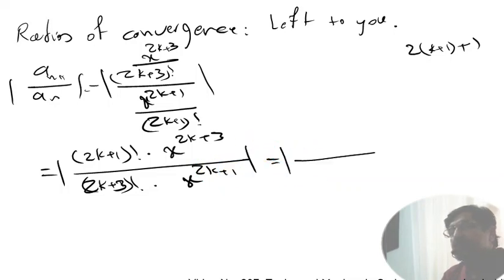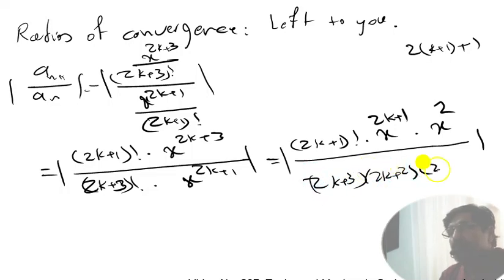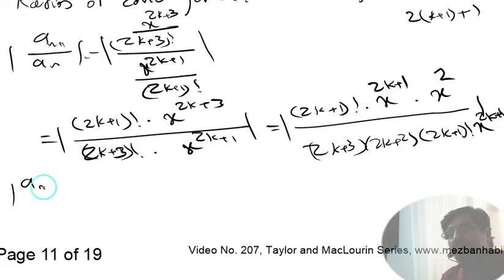We can decompose it by this form: (2k+3)(2k+2)(2k+1) factorial. That is, (2k+1) factorial times x to the power of 2, over (2k+3)(2k+2)(2k+1) factorial times x to the power of 2k+1. By cancellation, we have the absolute value of a_{n+1} over a_n is